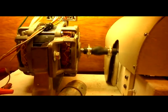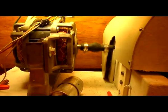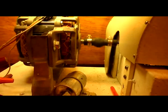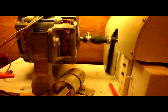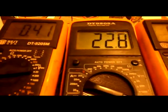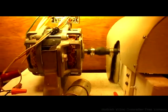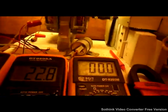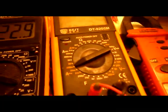There's full. And that's the speed I'm wanting to go. A little lower. Which is like 20, 22, maybe 23 volts. So about 1200 we'll say. So at 1200 RPMs in our experiment here today in 0.4 amps, almost 23 volts, we can generate power and